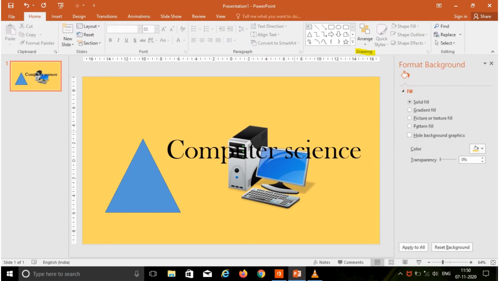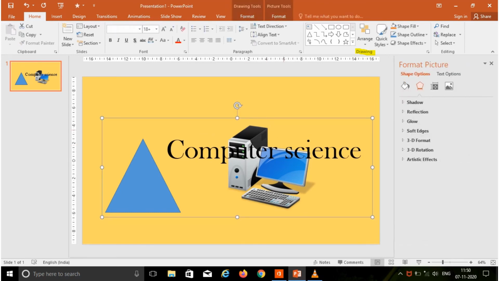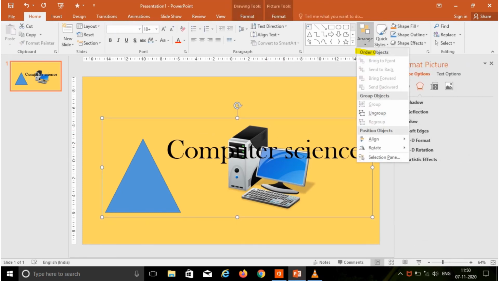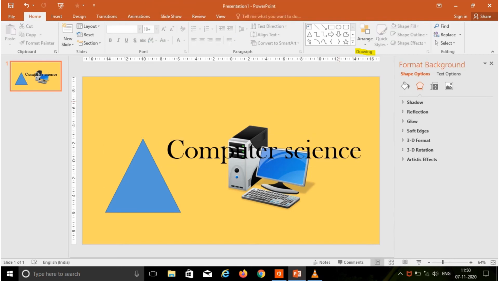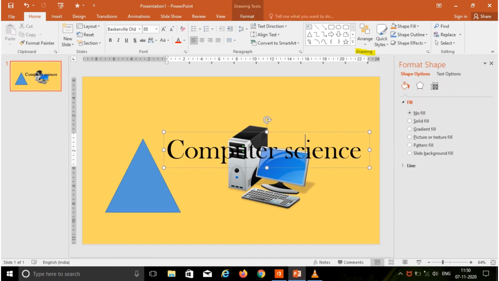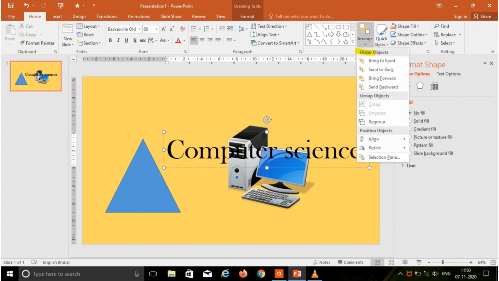If you want to ungroup the objects, first select the object, press the down arrow, and choose ungroup in group objects. This breaks the connection between grouped objects so that you can move them individually again. Now you can see the grouped objects are broken apart.